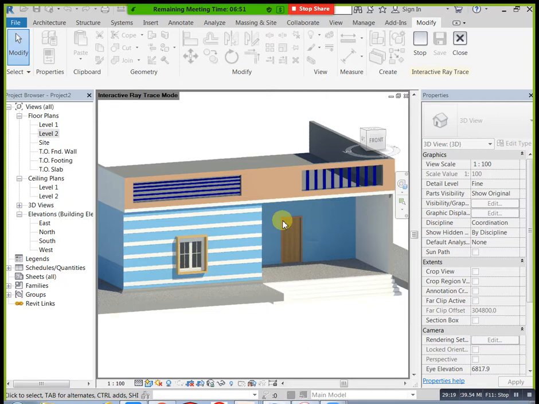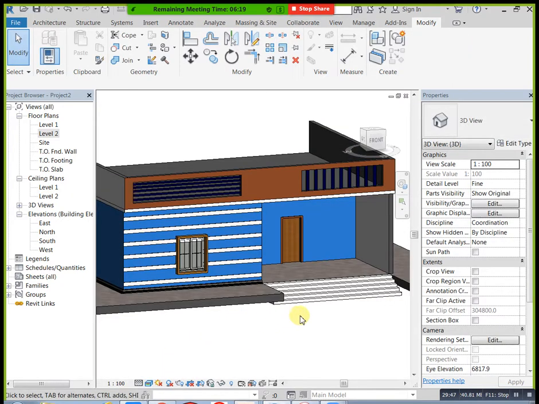Okay, we need to go to modify and you need to create anything. For example, here I am applying two more, like go to level 1, here we have this, just go to architecture, here structural, sorry, window, you can select and go here. Okay, I'm selecting these windows. Here you can apply one, here you can apply one if you need. Okay, this side I need some other window.